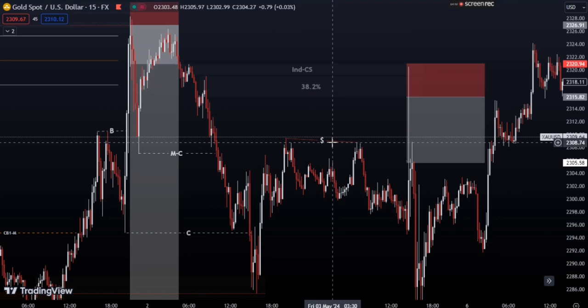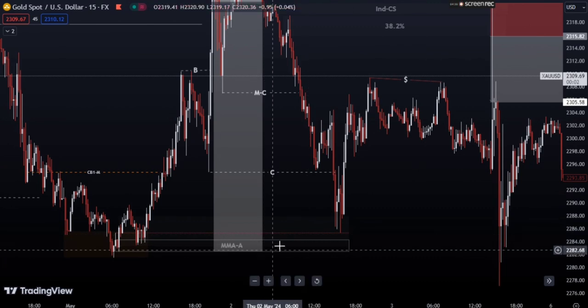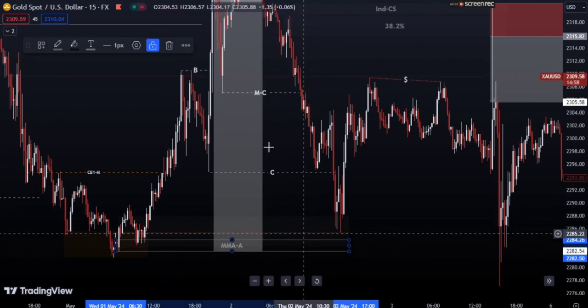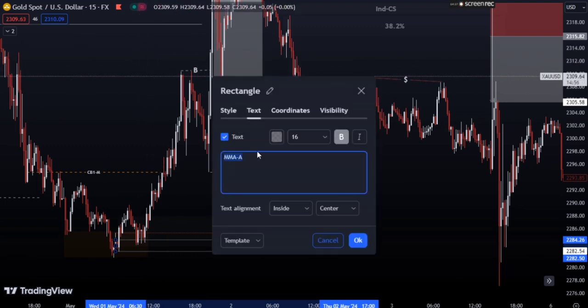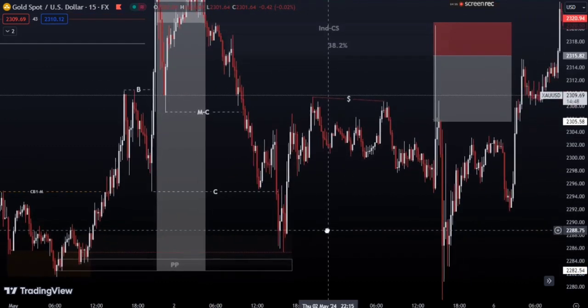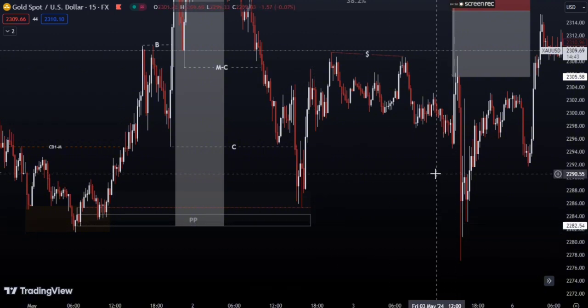So for me, with the advanced supply and demand, or basically the DT concepts, what I say is this on the baseline. Liquidity can be formed in three ways. Number one, it can be formed as a byproduct of the MMA. After this happened, you rename it to PP. Why PP? Predatory pricing. I'll explain that later in a different video because it's going to take time. So this means now it is a liquidity and it has to be swept.